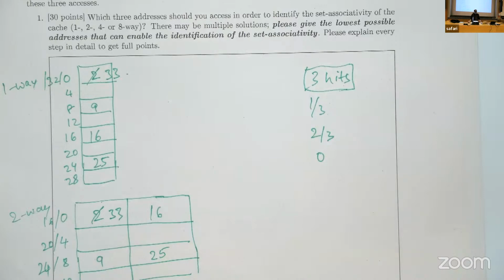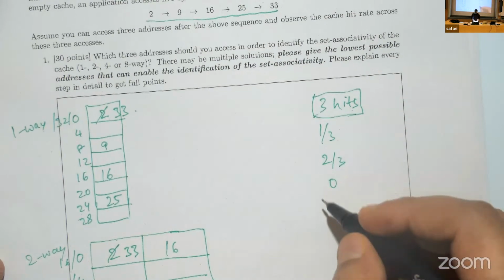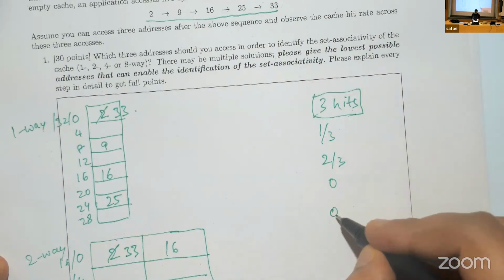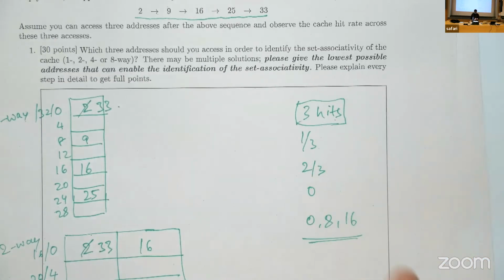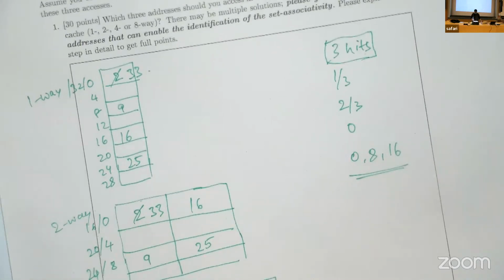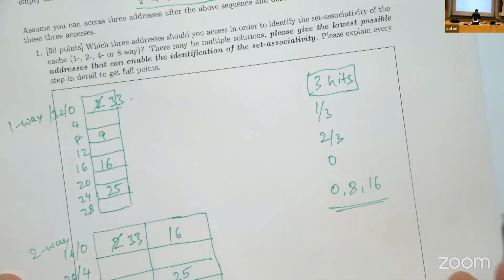So we'll start with, let's say, 2, 9, and 16, or basically the starting addresses of these blocks: 0, 8, and 16. If you choose anything in the middle, let's say 4 or 12, you will still have a miss in all these associativities. So with 0, 8, and 16, let's see what the hit rate will be